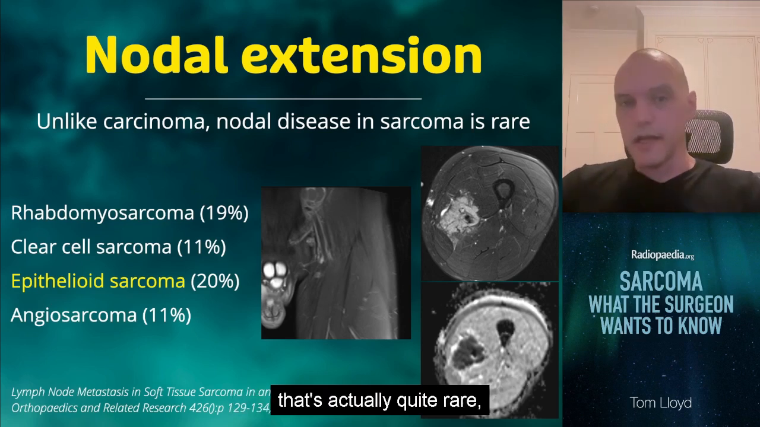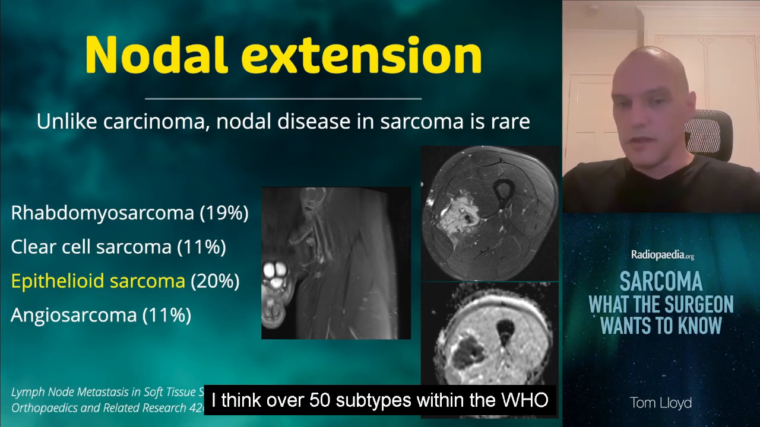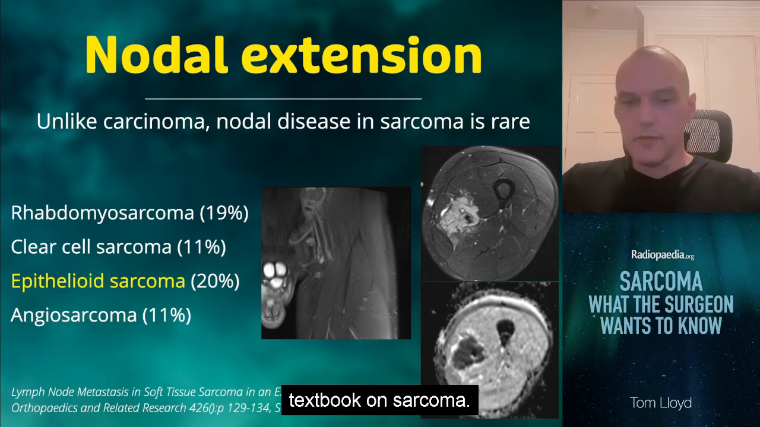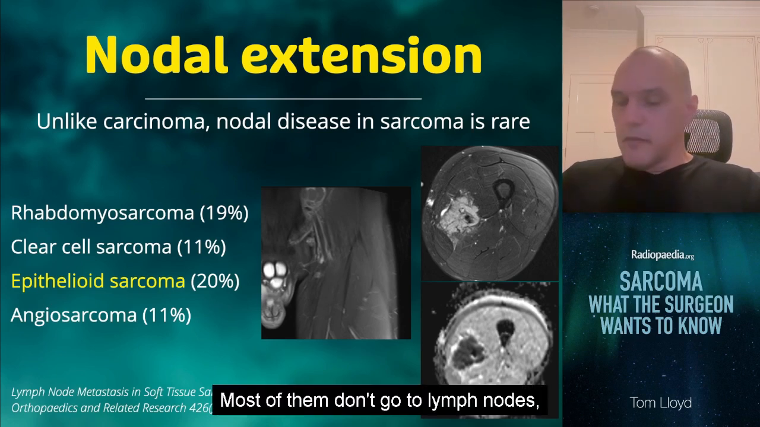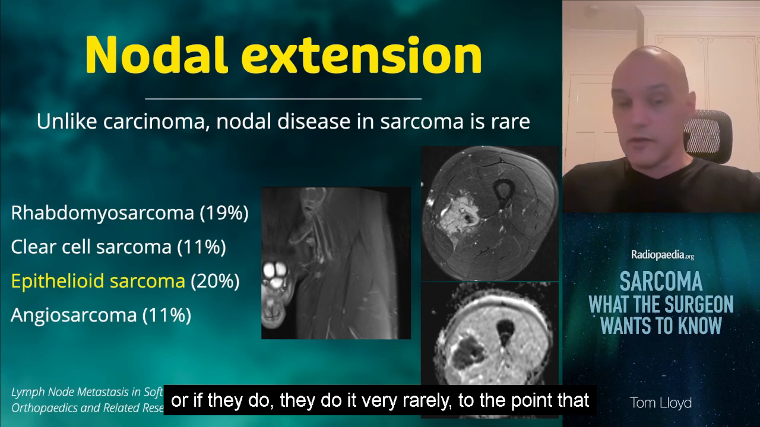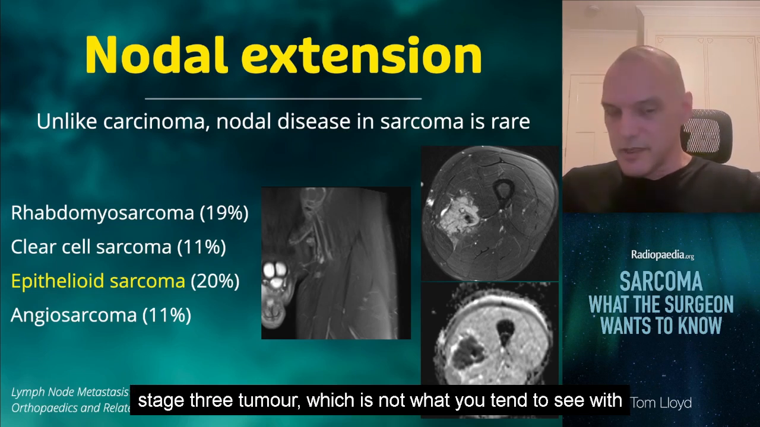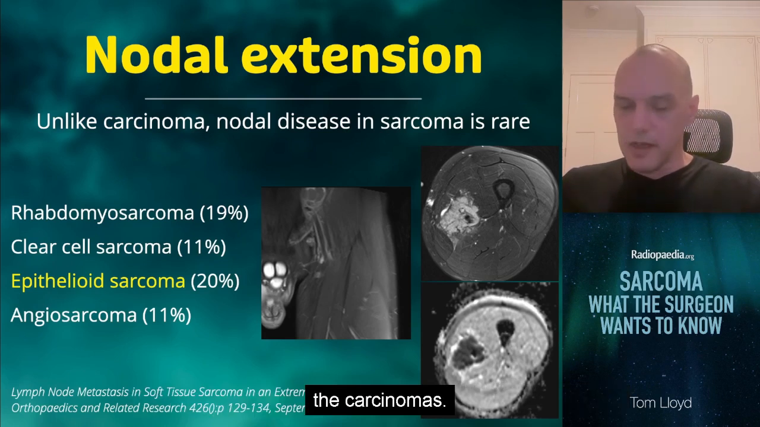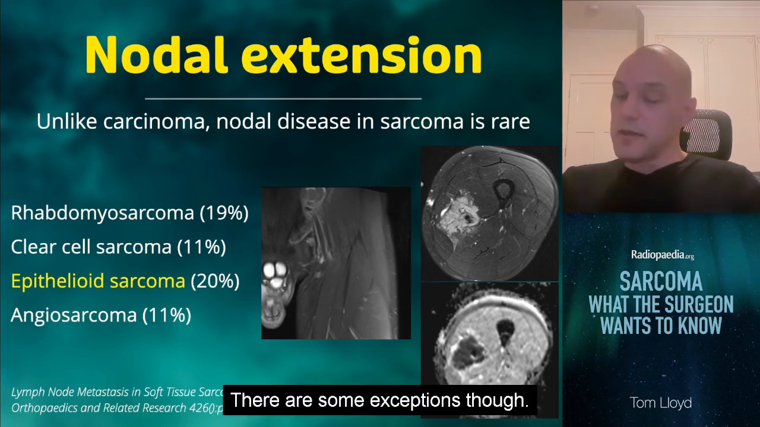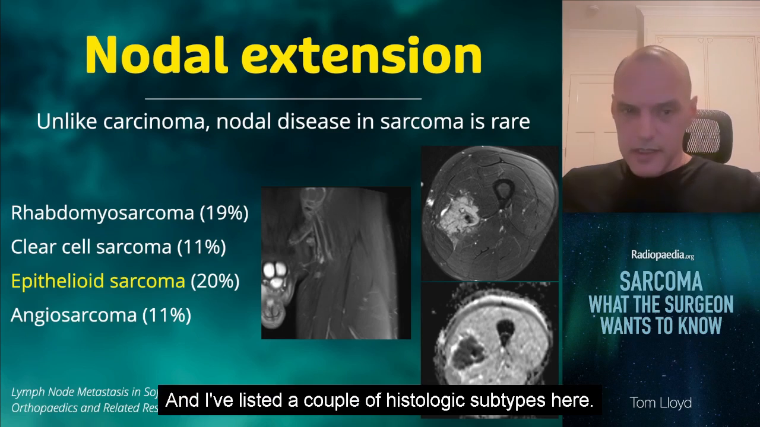Sarcoma, that's actually quite rare. And most sarcomas, there's I think over 50 subtypes within the WHO textbook on sarcoma. Most of them don't go to lymph nodes, or if they do it's very rarely, to the point that nodal extension in a sarcoma will automatically make it a stage 3 tumour, which is not what you tend to see with the carcinomas. There are some exceptions though, and I've listed a couple of